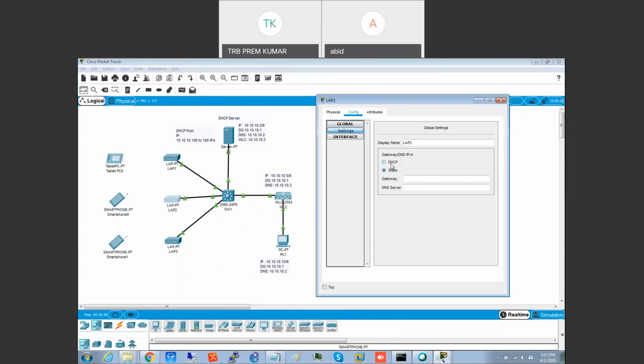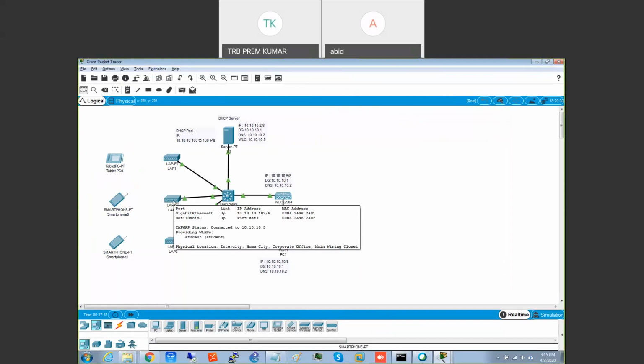So DHCP is mandatory for access points, is it? When it is configured, the AP is going to send a request and register with the WLC. To register with the WLC, these devices must be in the same network. There's no way you can configure the IP address statically and get it done. Practically we can do it, but even there the IP address will be coming from DHCP only. See, there is no option for configuring an IP address here. Static also, only the gateway and DNS can be configured.